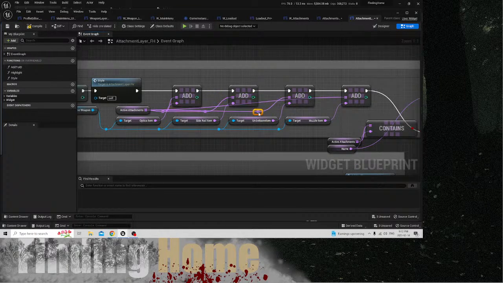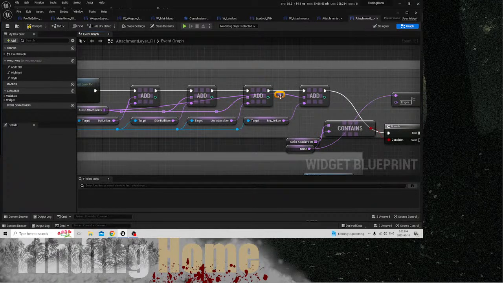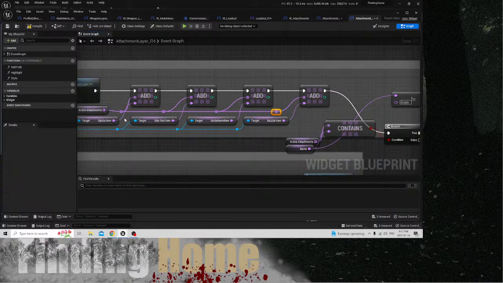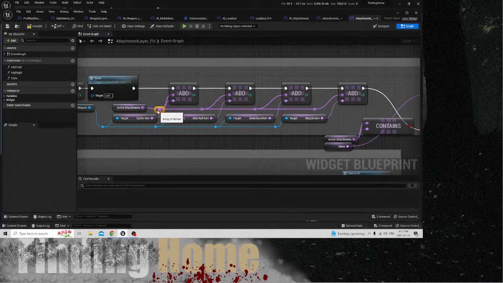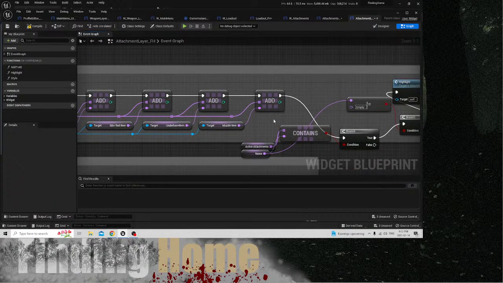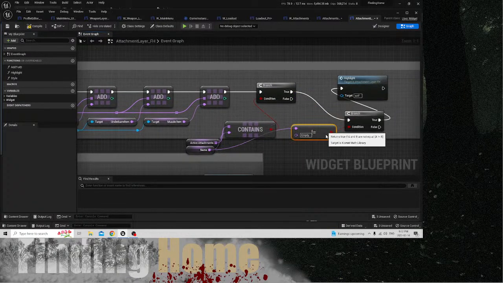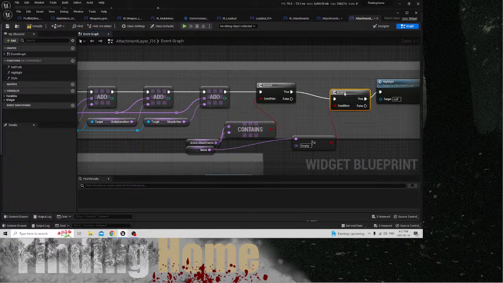So we're going to crack this reroute node in right after this guy, and we're going to pop that in there. We're going to create another reroute node right after this guy, and we're going to pop that in there. So now we have just the one reroute node like that, and you can see how it nicely cleanly goes in each spot. So we are going to bring this up like this,